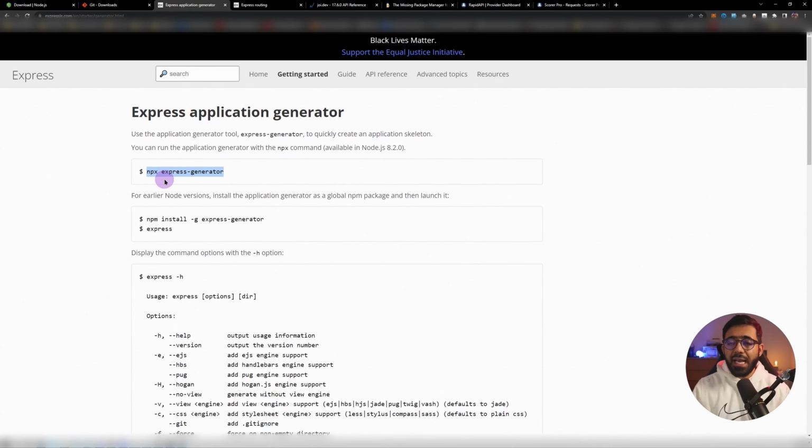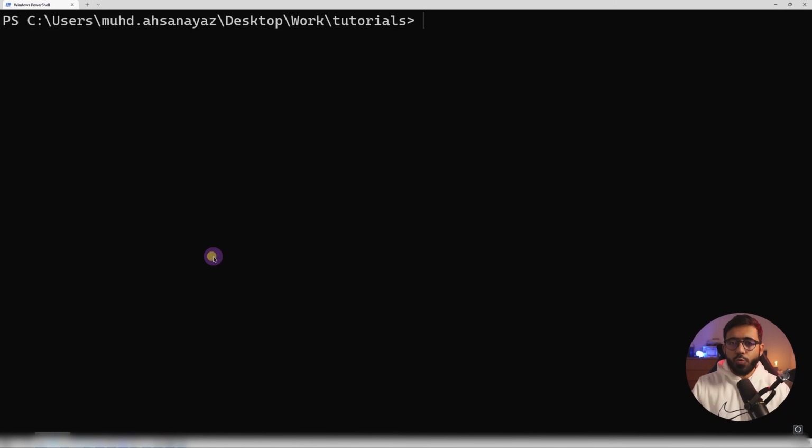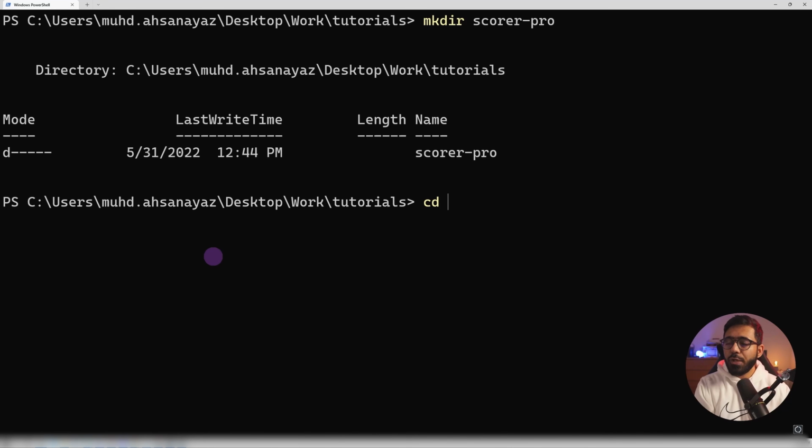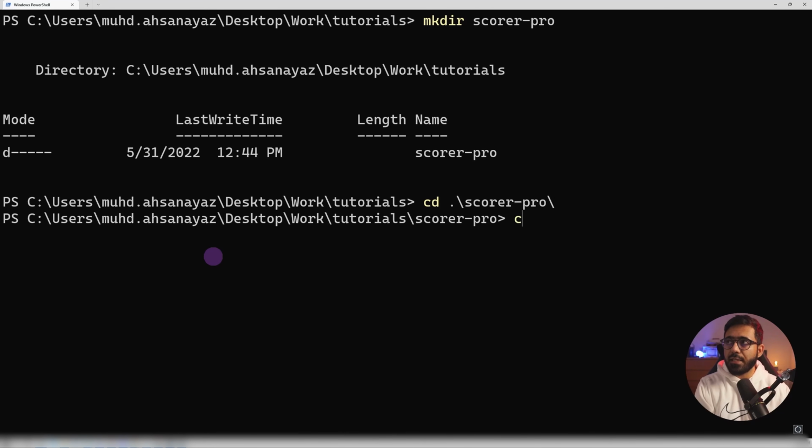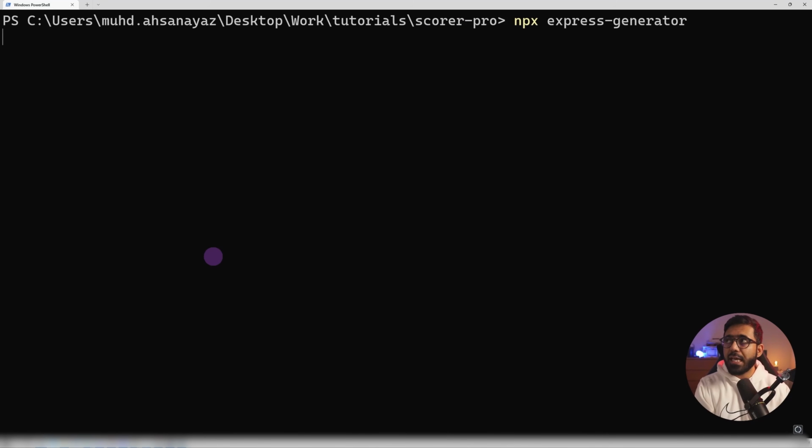Now this command has to be run in the project folder. Right now we don't have our project folder, so we are going to do mkdir and we are going to call this Scorer-Pro, and here we are going to hit enter. Then we're going to cd into Scorer-Pro just like this, and now we can run npx express-generator. This basically generates the Express.js application for us,